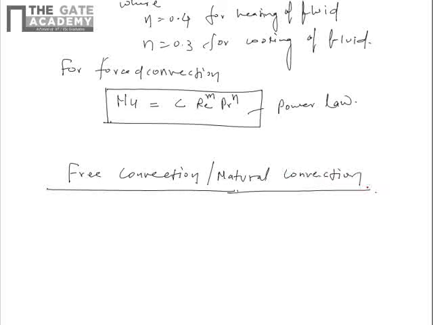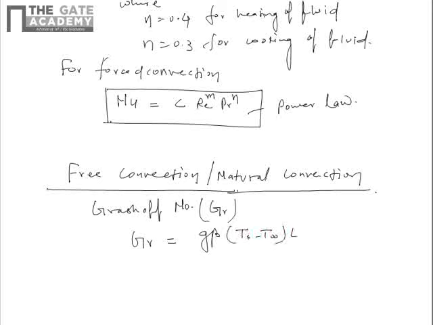In natural convection, we study one more dimensionless number, which is Grashof number, and this is denoted by Gr. So the Grashof number Gr is given as g into beta into (Ts minus T infinity) L cube upon nu square,